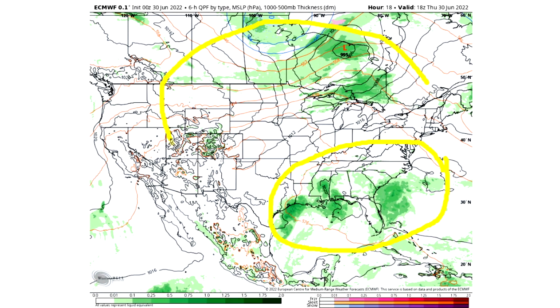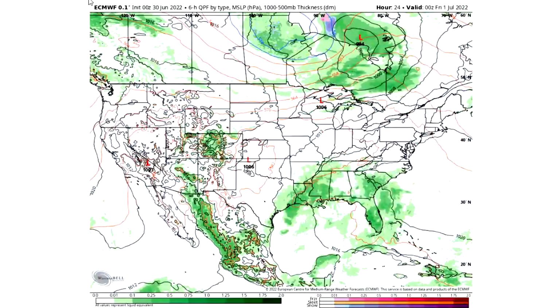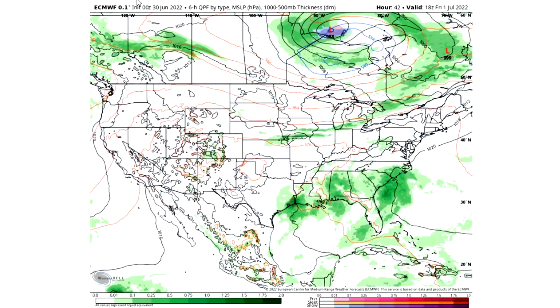We do have some activity here kind of around. There's some pockets in here that don't have any of that precipitation, but I think all of this is kind of related up there. And then we have these showers still going on up here for the state of Maine and portions of Canada, although I think there's going to be a lot less of that later on, like I mentioned. As we approach tomorrow, which will be July 1st, so we will officially be in July,